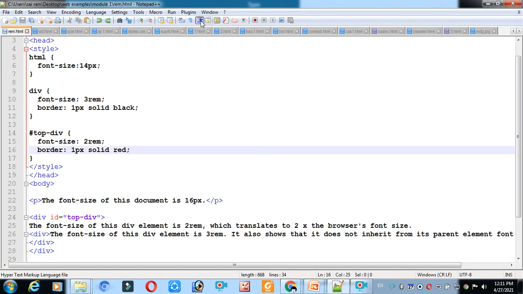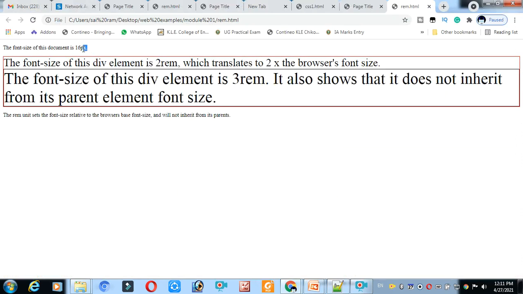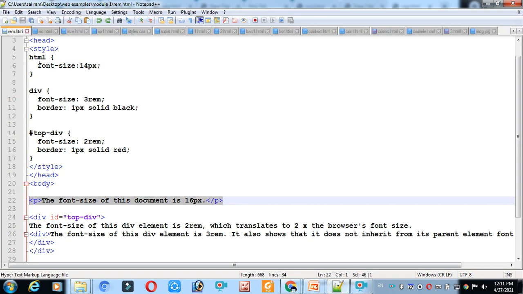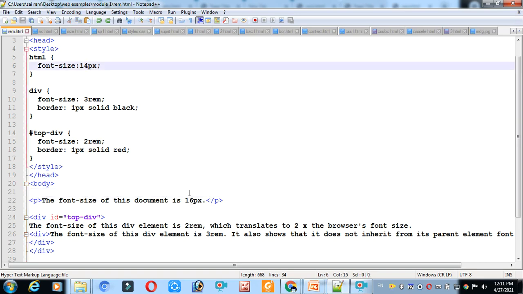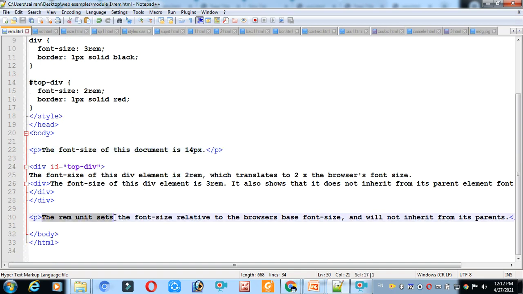Now we will execute this code and see what output we get. Yes, clear? This is the HTML font size, the 14 one. Where is it 14? Here, the paragraph within the HTML. This is the 14 size you applied; the font size of this document is 14. After that, this division paragraph is again 14.